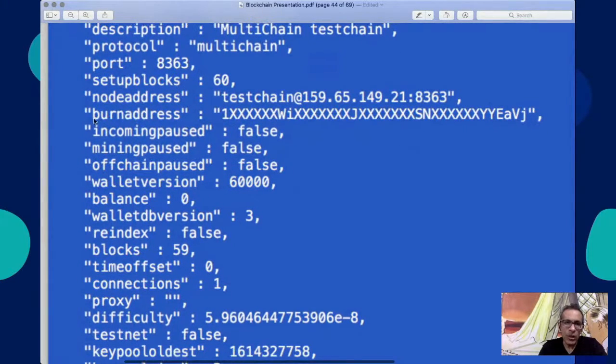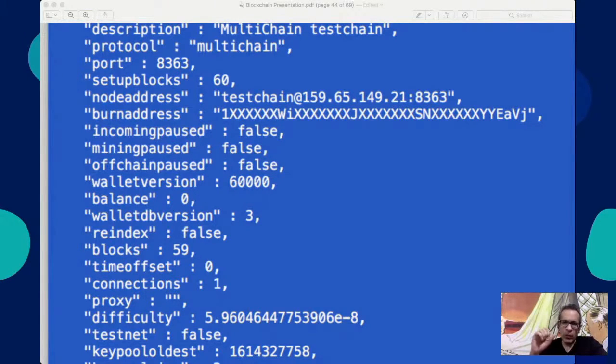Now, a very important thing is called the burn address. And it's a very weird looking address. Have any of you ever heard of the word burn address? Let me explain what it does. It's a very interesting concept. See, in a blockchain, we cannot delete. We can only add data. So suppose we want to delete some assets. Say we have created 10,000 shares. But now we want to make it 9,000. We realize 1,000 was by mistake. Or we want to now destroy the shares. There is only one way to do it. And that is by sending that many shares or units or assets to the burn address.